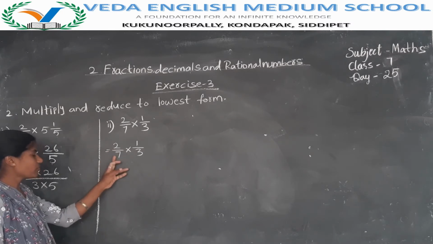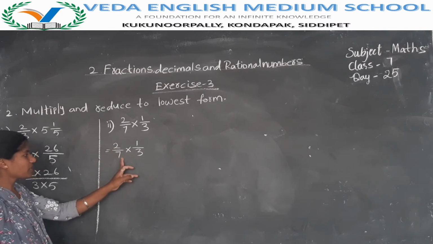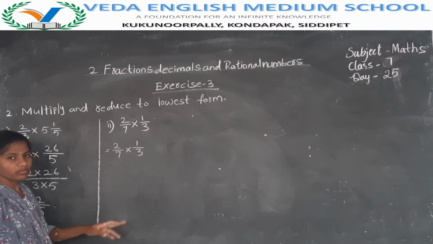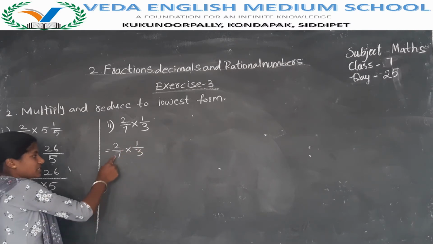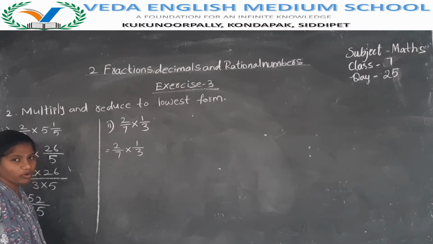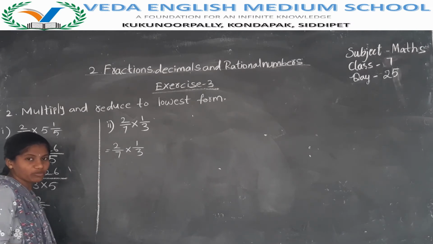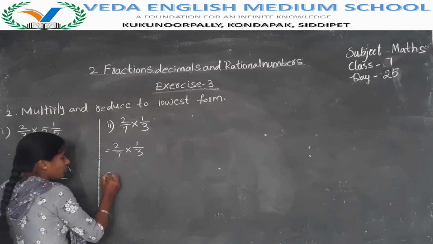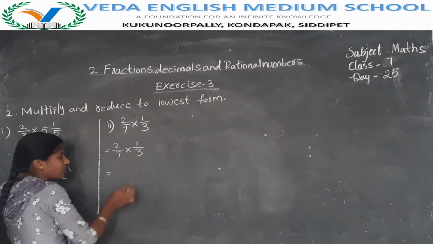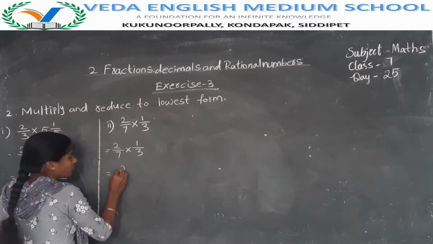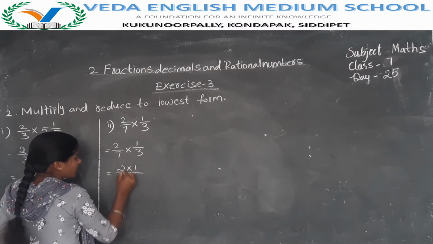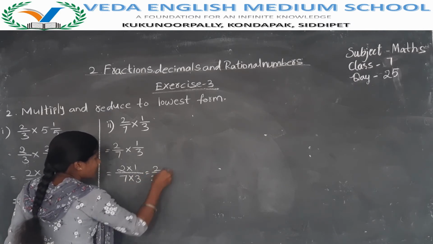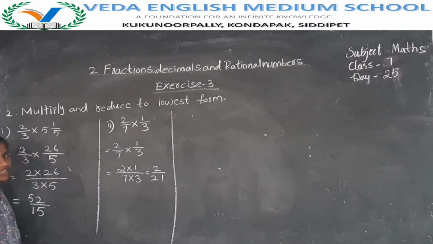No. 2 and 7 both are prime numbers. 2 and 3 both are prime numbers. 1 and 7, 1 is not a prime number but 7 is a prime number. But here we don't have any possibility. What do you have to do if you don't have any possibility? You have to multiply the numerators. Now what are the numerators here? 2 and 1. What are the denominators here? 7 and 3. Now multiply them. 2 into 1 by 7 into 3. So 2 1s are 2, 7 3s are 21. So the answer is 2 by 21.